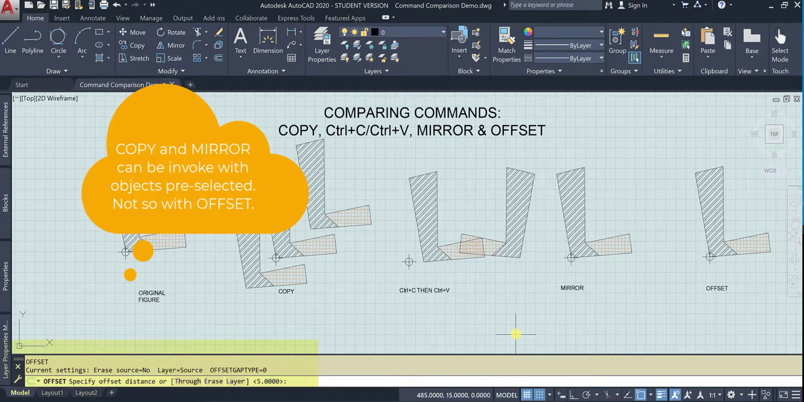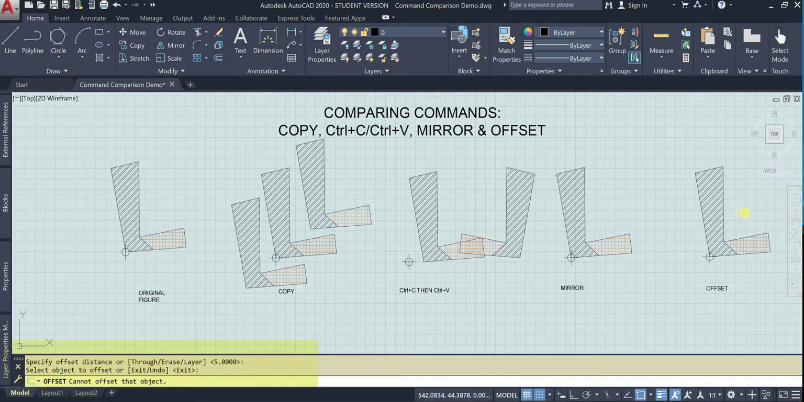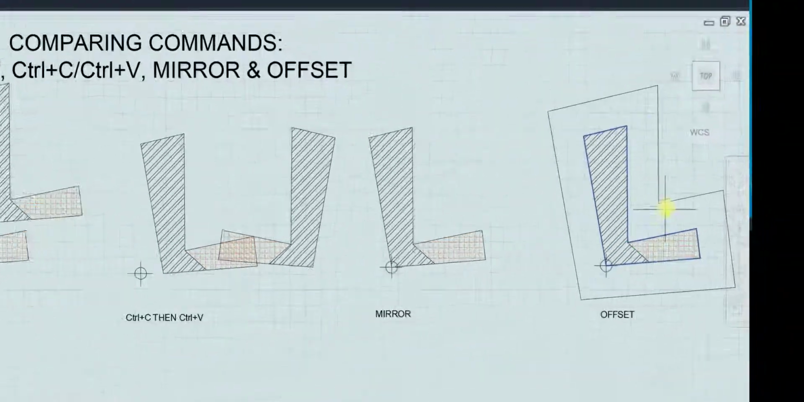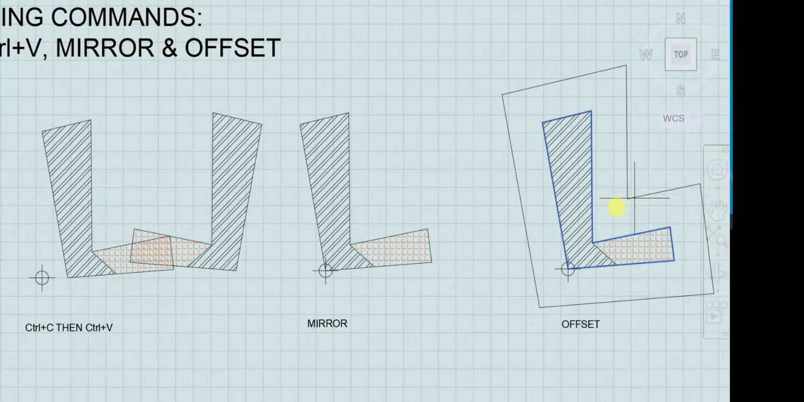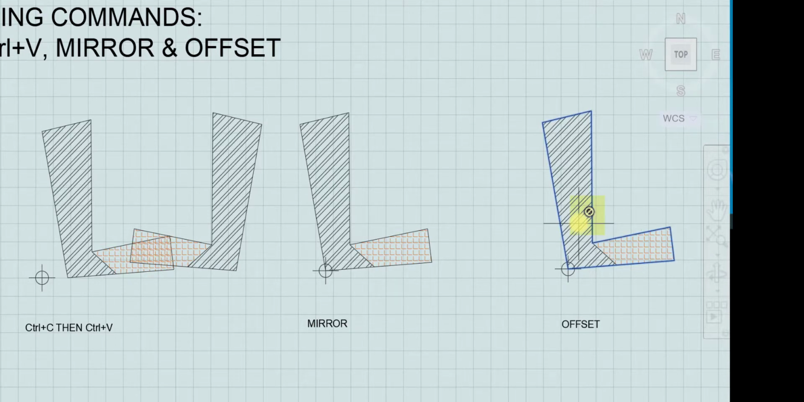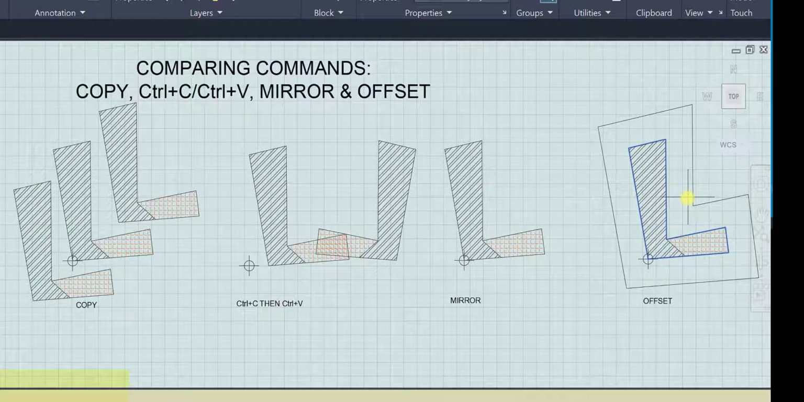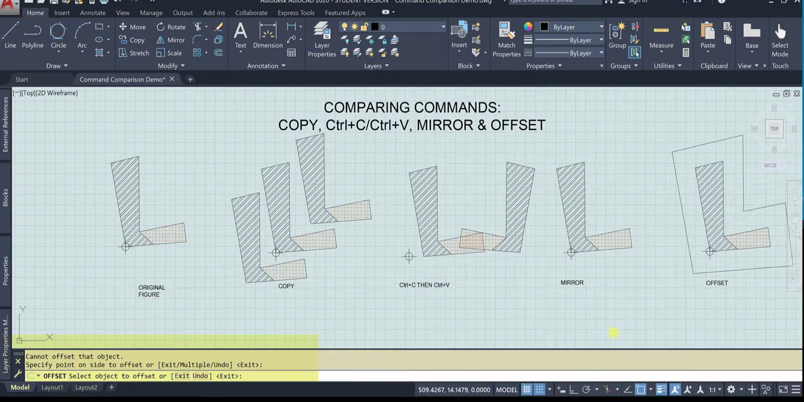invoke my offset command. What's my offset distance? I'll say 5. That's fine. Hit enter. And now it says, aha, I can't use noun verb. I have to use verb noun. So here it says cannot offset that object. With that one I can. And I want to offset to the outside. If I wanted to offset to the inside, it tells me you can't because it's less than 5 units wide. So I have to offset to the outside, and there now I have my